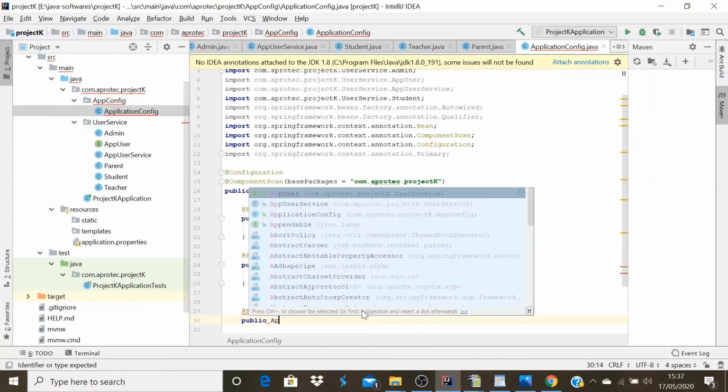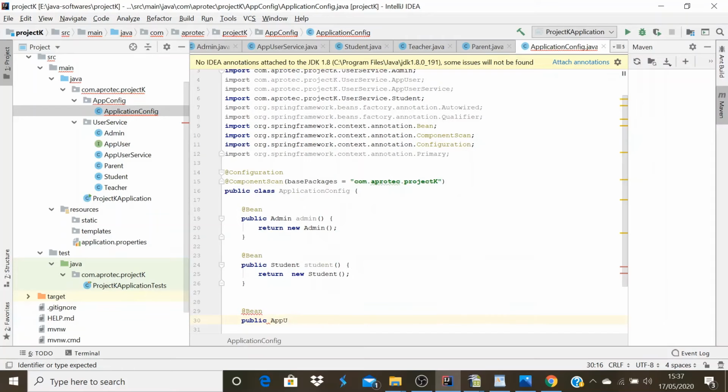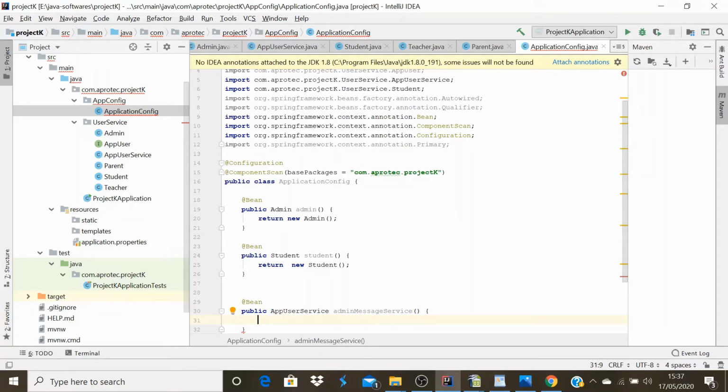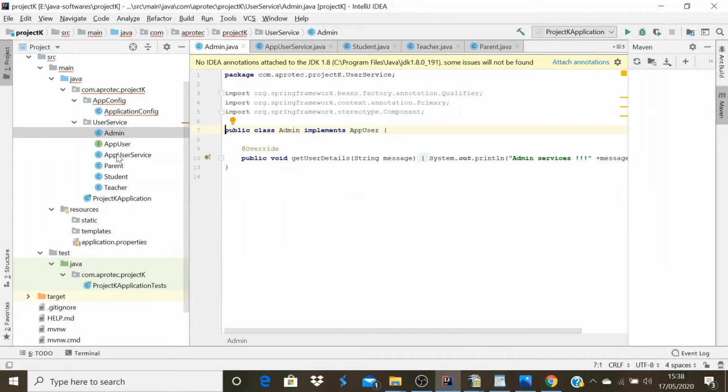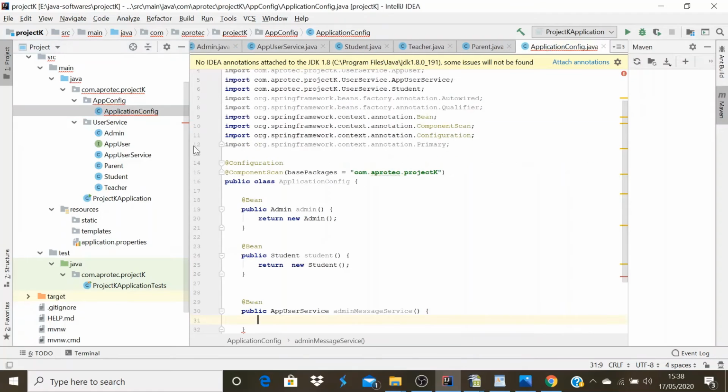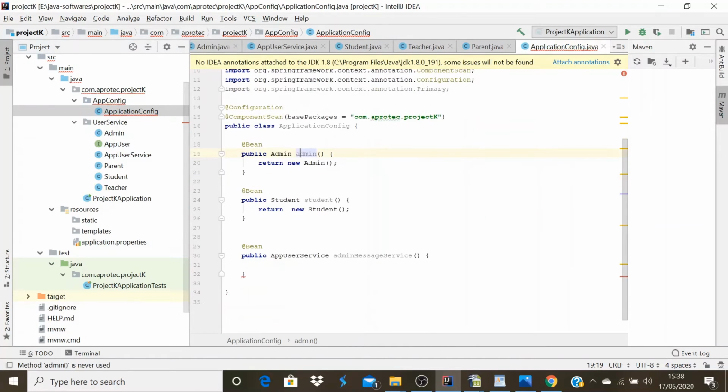That will have AppUserService as the return type, and I will call it adminMessageService. In this, I need to inject the admin bean into the constructor. I need to inject the admin object into the constructor, so I will take the bean being created by that particular method.